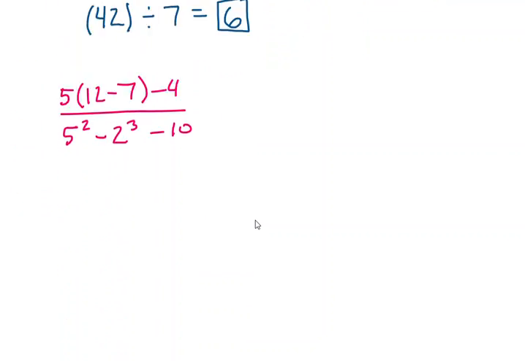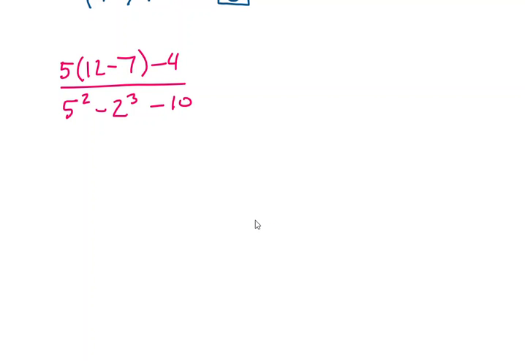All right, one last one. Let me give you a complicated one here, and with this problem I want to show you all the operations that are going on. Start here: we've got a multiplication, we've got a subtraction inside parentheses, we have another subtraction outside parentheses, we have a power, a squared there, we have another subtraction, we have another power, cubed, we have another subtraction, oh my goodness, and